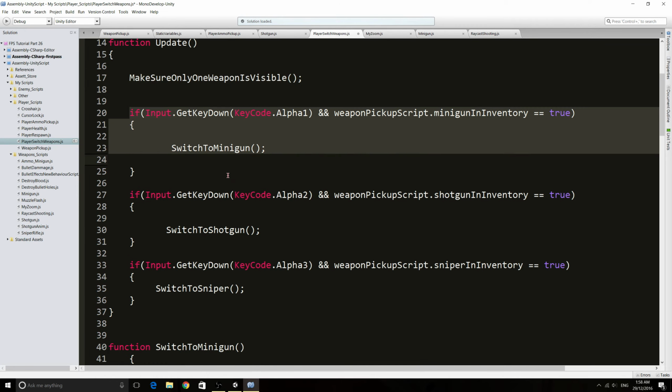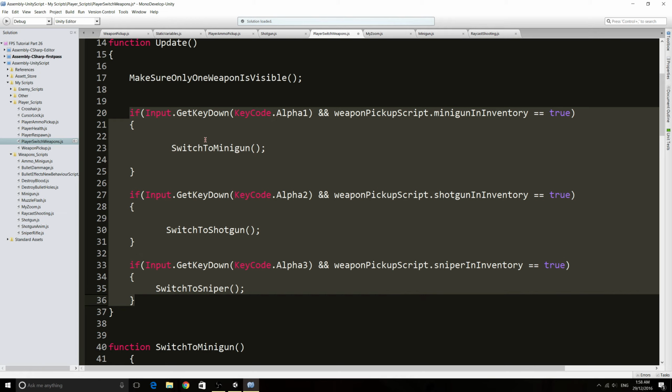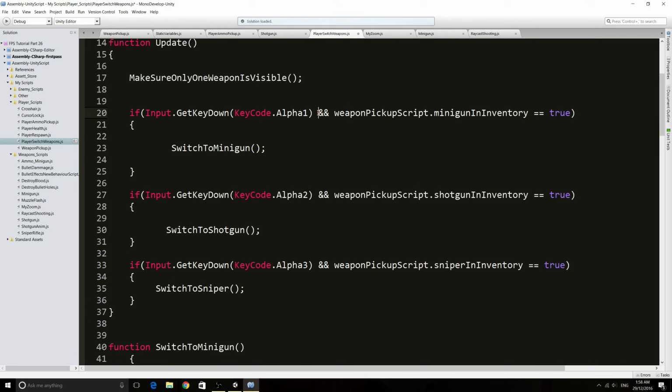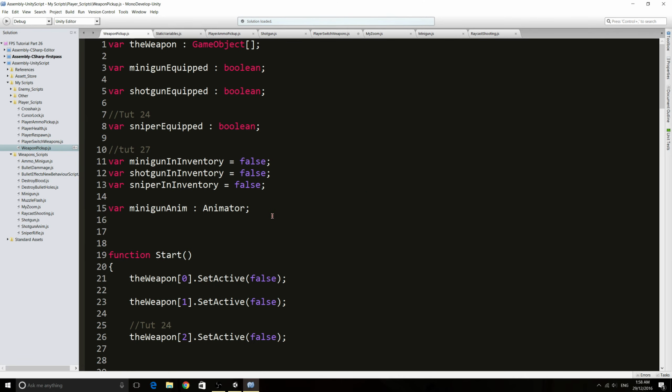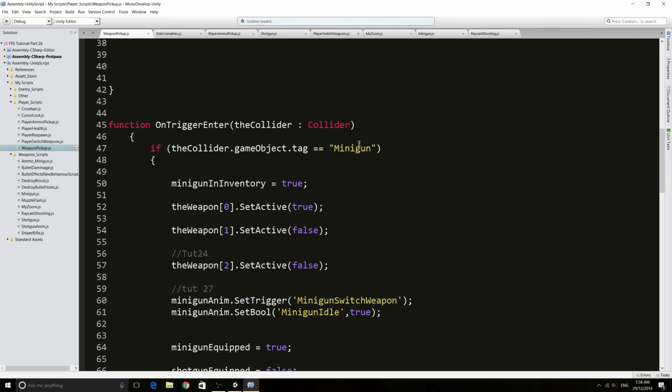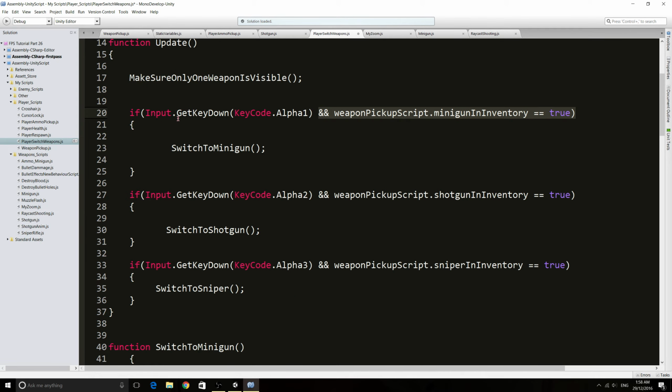Then also we just need to set up our input keys. So first one is if Input.GetKeyDown KeyCode.Alpha1. So if we press the number 1 on the keyboard and weaponPickupScript.minigunInInventory is true, so this that we just made, and when we pick up the minigun we set this to true. So if we're pressing 1, we should actually already have the minigun in our inventory,